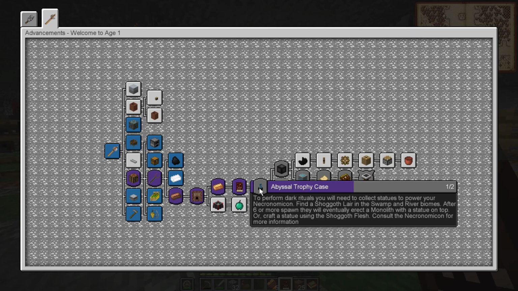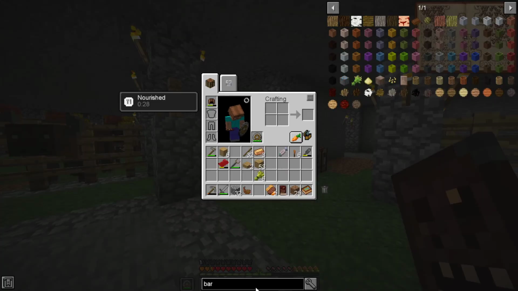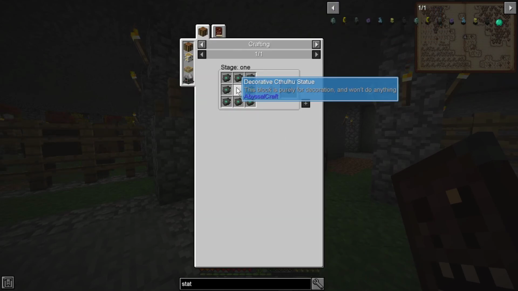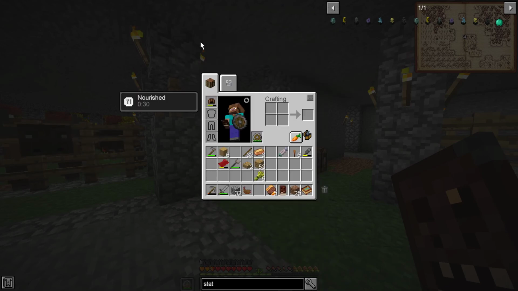So it's easier to find them than craft them. As we were looking, it kind of got confusing with them. Statue. So here's the statues, but you need the decorative one to do it, and then you need to get clay, and then cyan dye, and then this monolith stone, which you can't craft. Well, actually, it wouldn't be that bad to make it, because the monolith stone, I believe, is just the stone that is